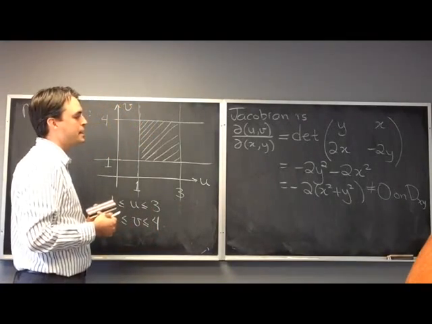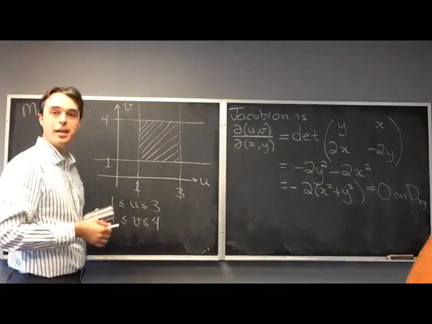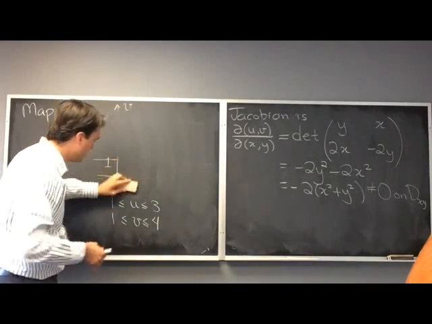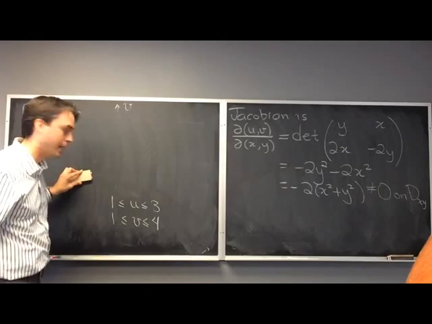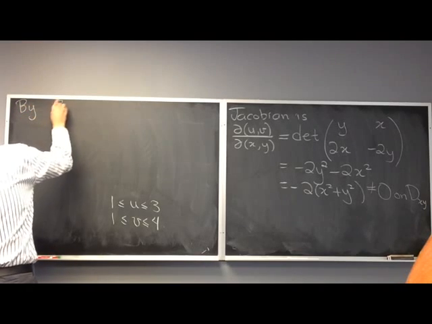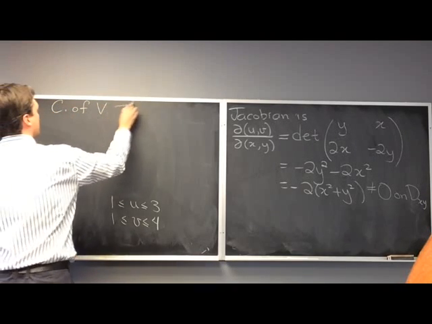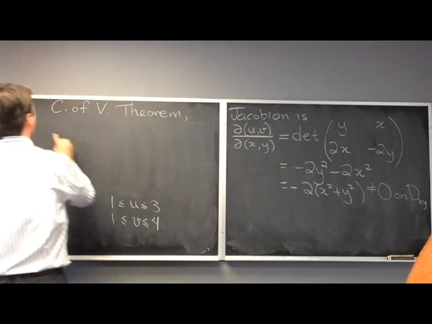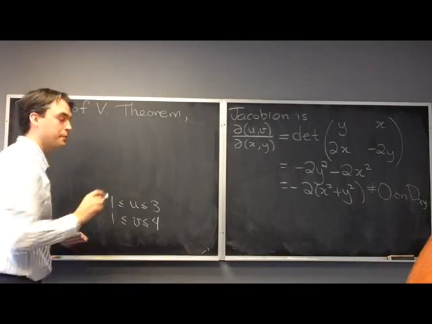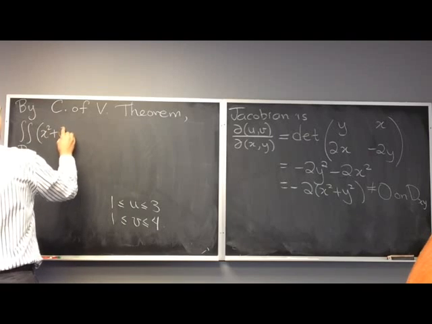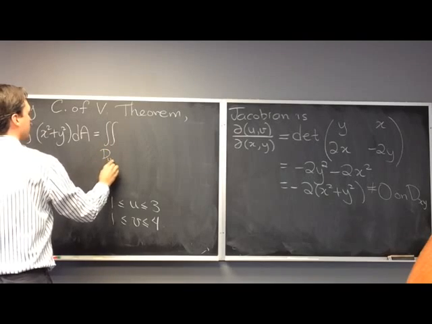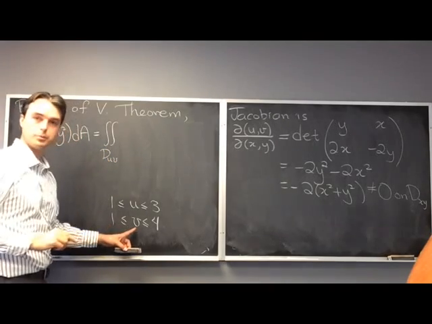All right, so the next thing we're going to do is use the change of variable theorem to work out the double integral that we wanted to do. So remember that the bounds in our UV plane are between 1 and 3 and between 1 and 4 for u and v. So by the change of variable theorem, the double integral over D_xy of the function we were trying to integrate, x squared plus y squared dA, is going to be the double integral over my UV region, D_uv, which was this set, by the way,